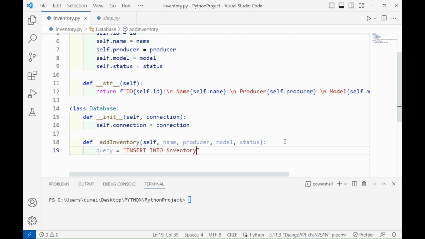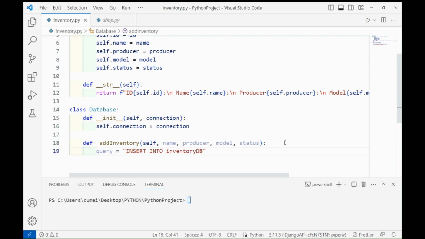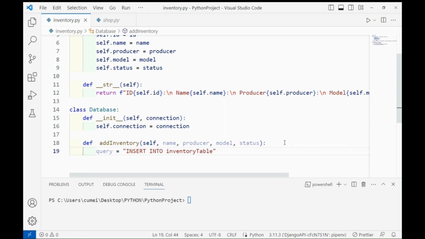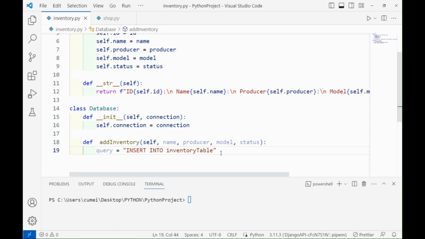Let's call it inventory. Inventory DB, let me call it that. Inventory table. This is quite a very long name. Inventory table. Now we are going to list all of these